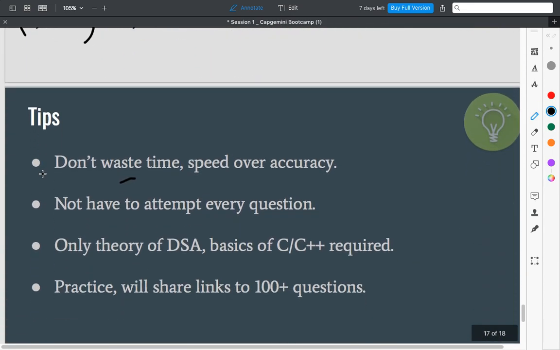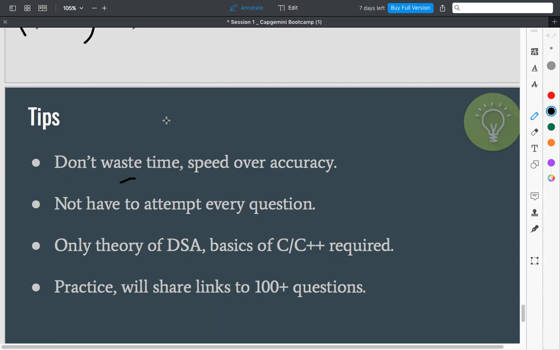So you have to find those easy questions and make sure you don't score the least number of marks. For example, there are 20 questions, 5 are easy, so you have to solve those 5 accurately so that your 5 marks is scored. Just remember one point: if there are 400 students sitting in your college in the first round of Capgemini, I can guarantee you not more than 120 or 150 will get selected for the next round. So most of the elimination will happen in the pseudocode. So you have to be very, very careful.